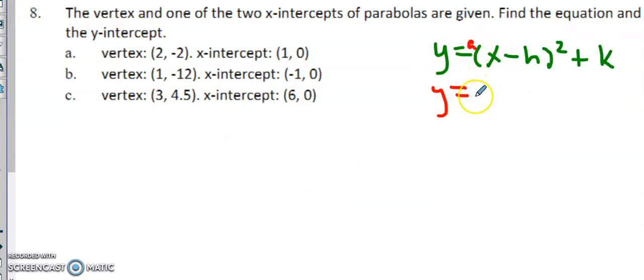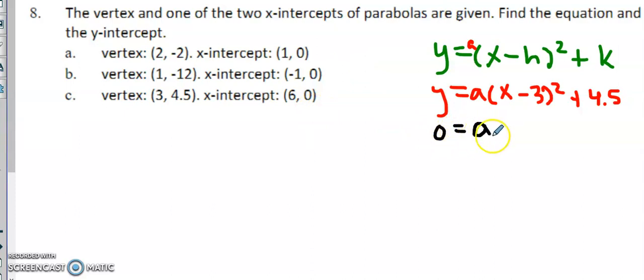Alright, so for this one here, again, we're looking for the a value. So h is 3, so it's going to be x minus 3 squared, plus my k value, which is 4.5. Alright, since we know the y is 0, and x is 6,